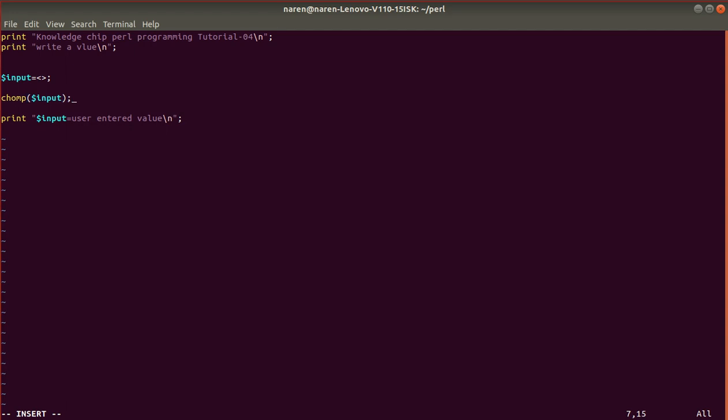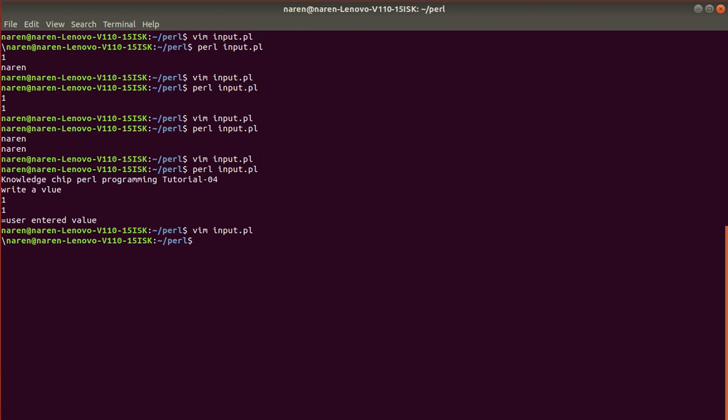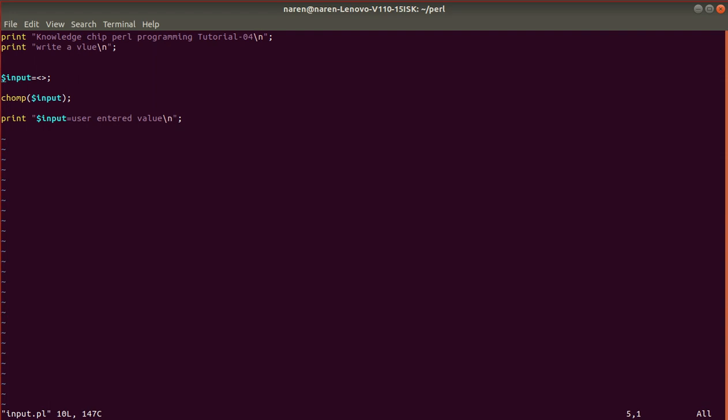After this semicolon, let me print once again. What we will see here, I think, is that it will remove that new line at the end. So 1, yeah, it's printing in a single line only. After this one it's not giving any new line. So when the user gives the input, it's accepting only the value. It's not giving any new line along with that value. Earlier it was taking the new line also.